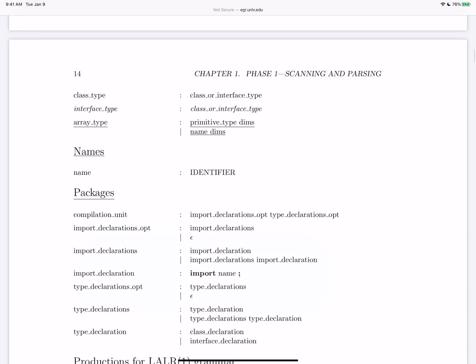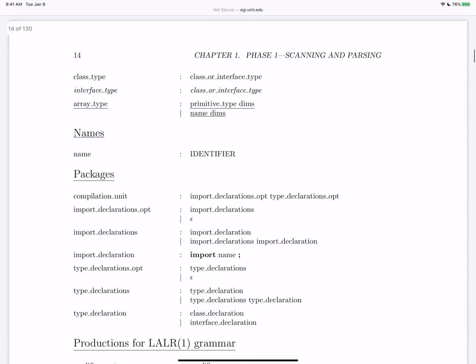There's the word import, and if you look really closely, you'll see this semicolon here. This semicolon, not there, but up here. That semicolon right there after import is also a terminal. Those symbols, those single ones, can be a little bit difficult to do, but basically we want to go through the grammar and find all the terminals.